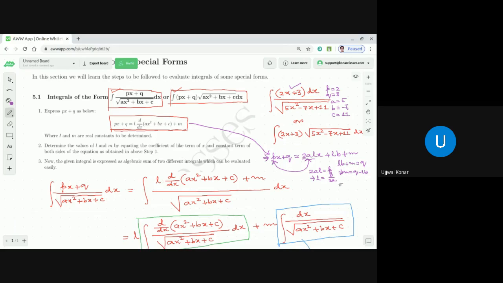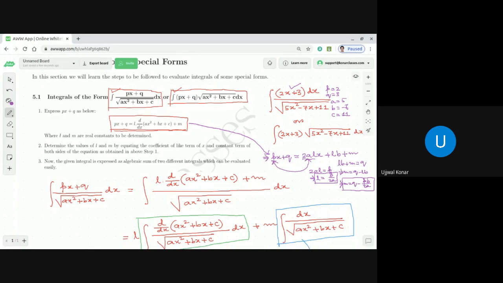So then ultimately you can find the value of M is equal to Q minus pb by 2a. Correct or not? So you get the value of M in terms of p, q, a, b, and you get the value of L in terms of p and a. That value you can apply. I do not want you to remember that to find the value of L and M in terms of p and q, but you can if you wish.